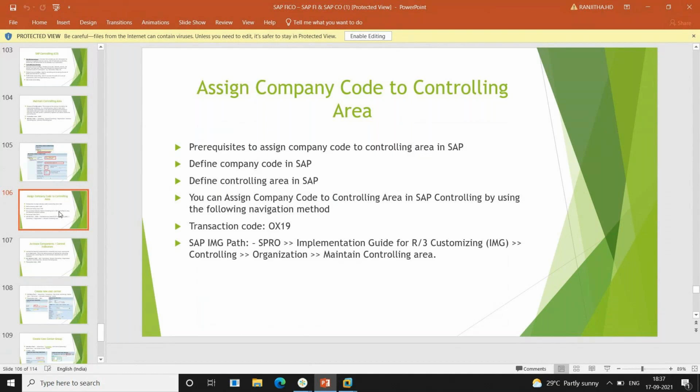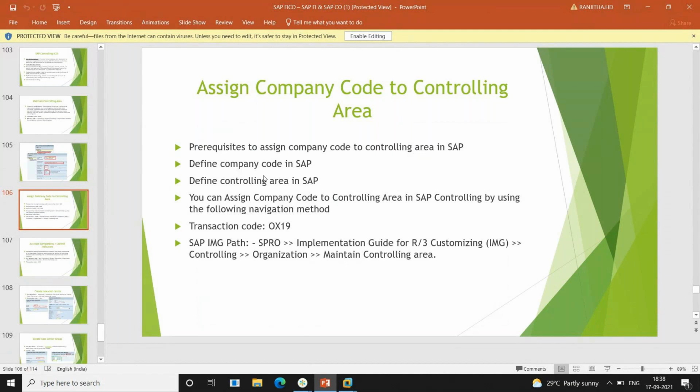You can also go directly with the T code of assignment. So what should be there before assigning? The company should be there, the controlling area should be there, then the company should be assigned, and the navigation method. Like this, you write down this heading. We have already assigned, but for the same controlling area, as I told you, we can assign any number of companies.